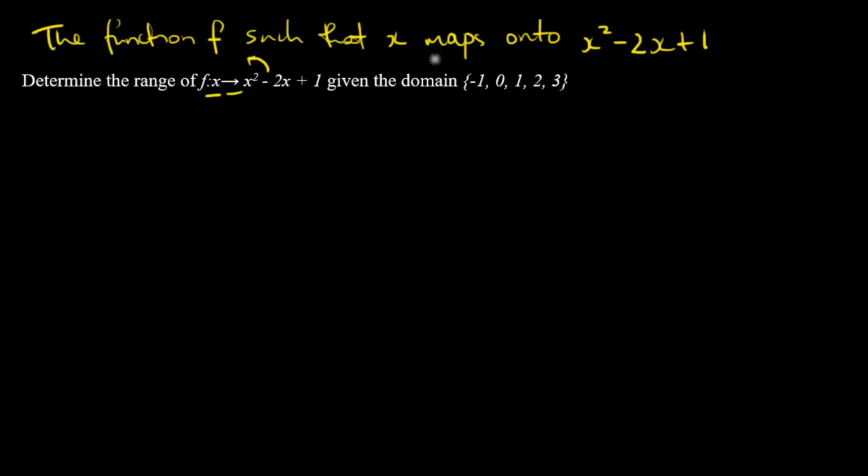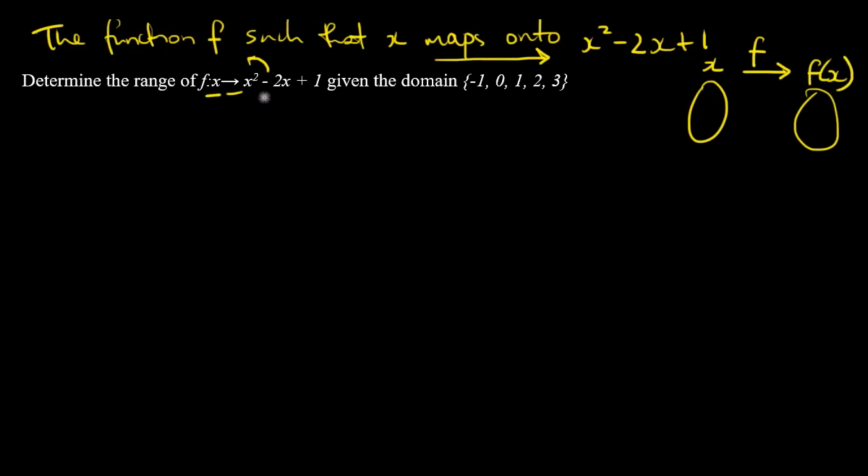So this arrow just means that x maps onto this function. It's like a mapping, where we have an input value x, we put it through the function f, and then we get an output, or f of x. So that just means we're going to put x into this function. And we're given this domain